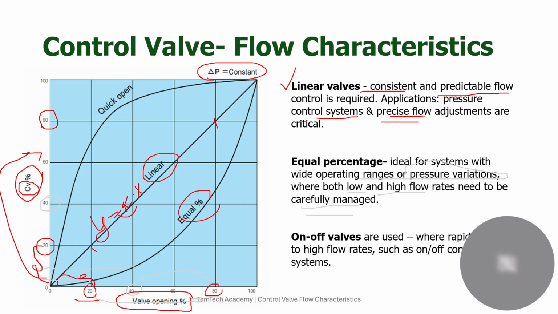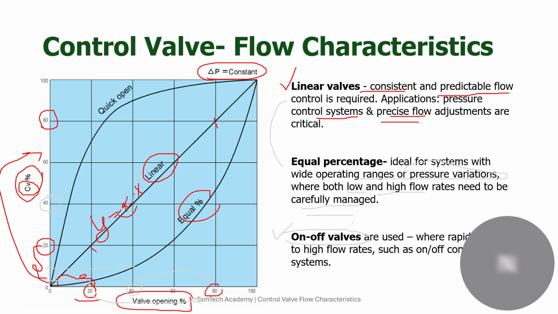Now let's come to the last part, which is the on-off valves. I'll change the color again, the on-off valves. For the on-off valves, we have mainly the quick opening, which we call by another name, or fast opening characteristic, let's say. For the quick opening characteristics, they have a flat disc instead of a contoured valve plug, like